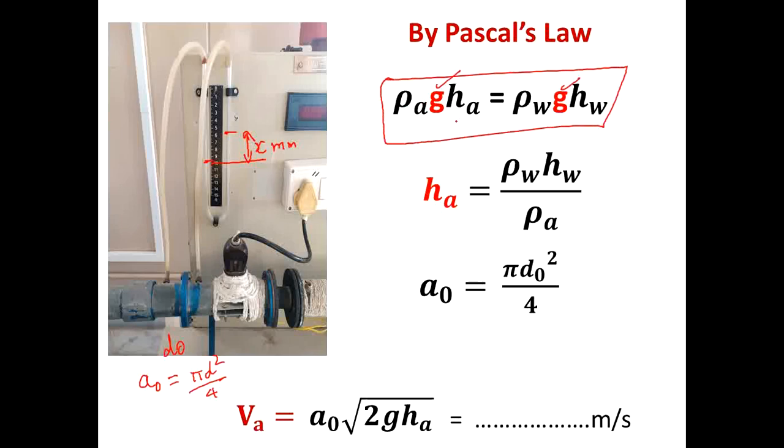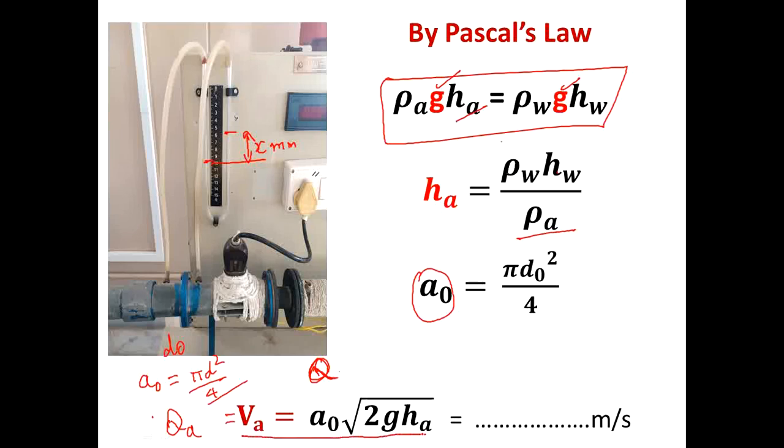Then head of the air is equal to rho of the water times head of the water, whatever that is, which you want to put in terms of meter, divided by rho of air. Area of orifice, I showed you this. Then discharge in the pipe is equal to V. Actually, if we write QA like that, you will get confused. Q heat and then discharge. That's why in fluid mechanics we use Q as the discharge. In heat transfer we use Q as the heat.